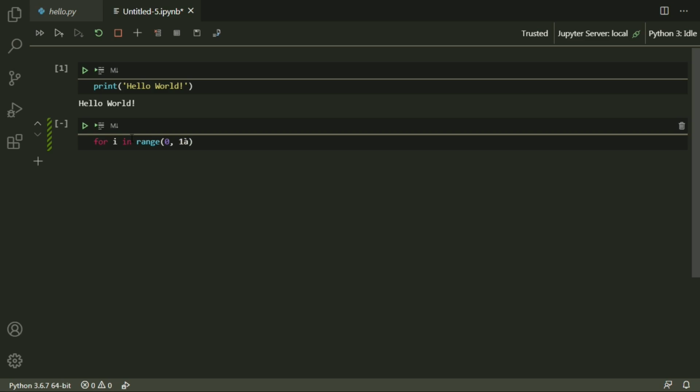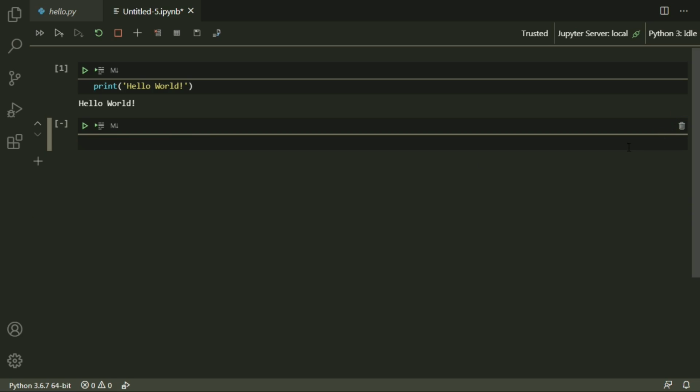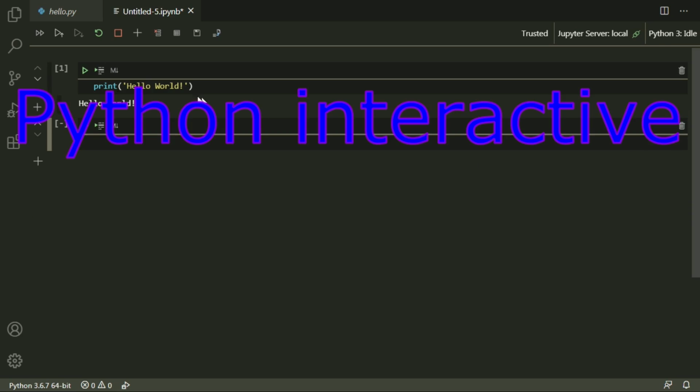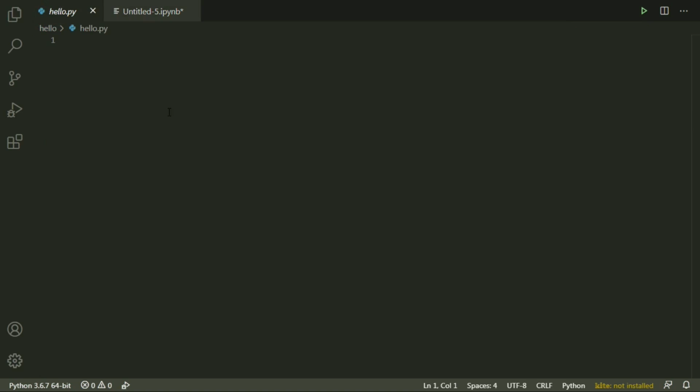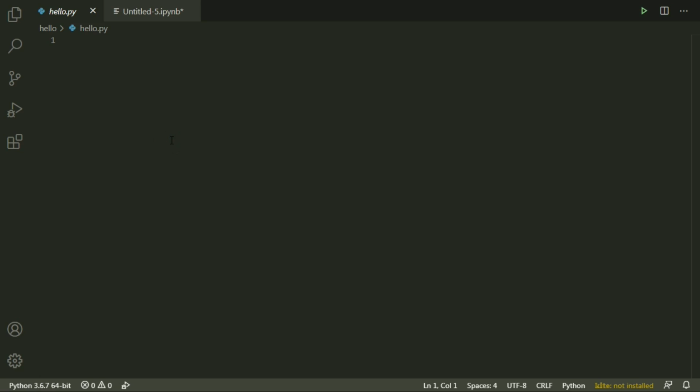10, right, 10, and here are the two steps, and print 5. Let's run it also, and here's the output for it. Right, and now you can delete whatever you want. Let's delete this one or something like this. And now there's another advantage in VS Code, that you can do this also in your PY files. Like let's do this one here